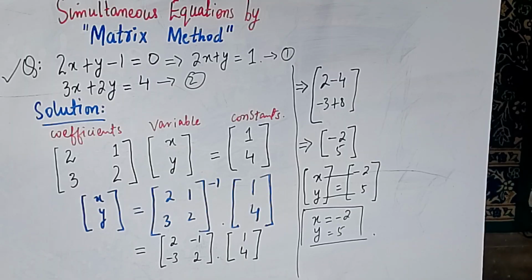Over here I told you one thing which was very important, that when you multiply, you will be careful with the sign and the order, that the inverse matrix will come first and then the constant matrix will come. So this is how we solve simultaneous equations by using the matrix inversion method. In our next video, we will cover how to solve the same topic by Cramer's rule. So this will be the next topic of our video.